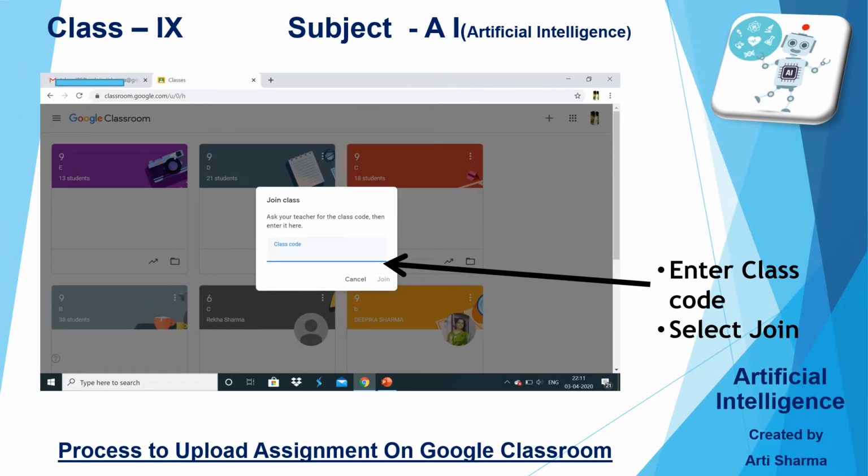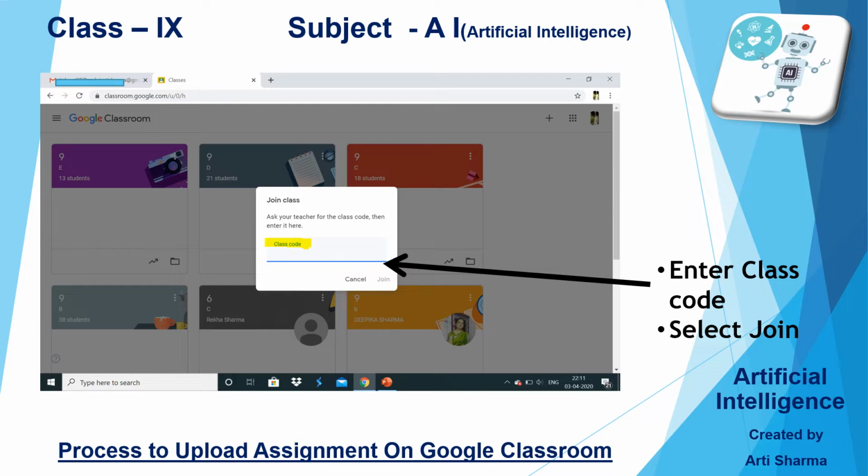Now, when you click on join class, it will give you a box and it is asking for a class code. Here you have to enter the code which is provided by your teacher. So you should remember that code, or you must have noted down this code somewhere in your notebook.